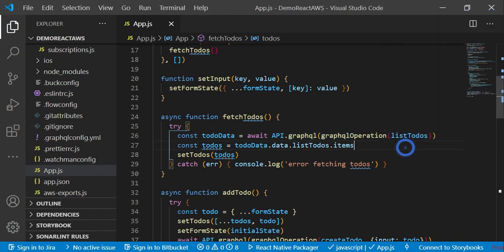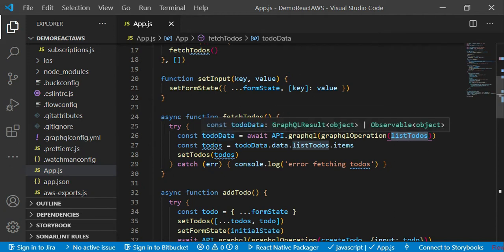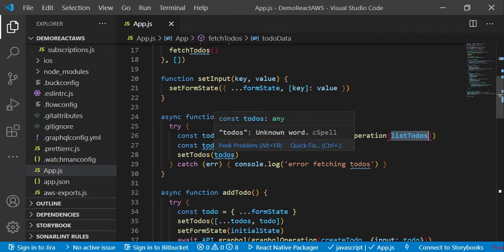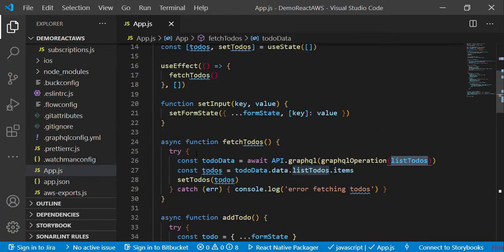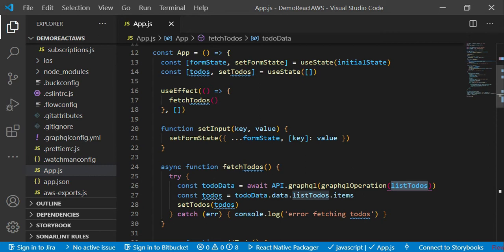This is a query, which means it will retrieve all the todos that exist and store them in todoData. Then finally, from that todoData the items are retrieved and stored in todos. At the end, this todos is passed to the setTodos function, where we create the setTodos state.